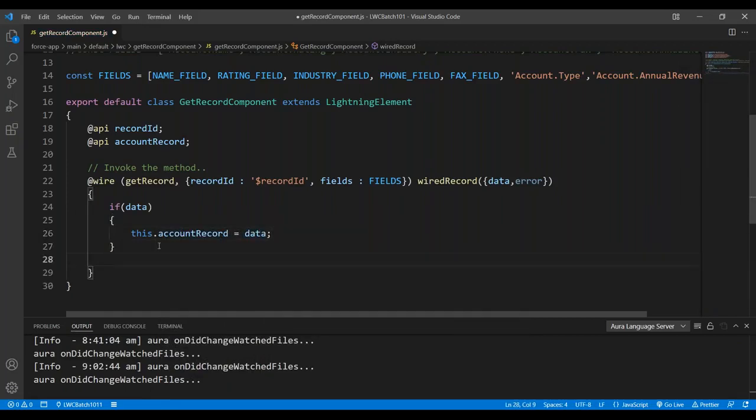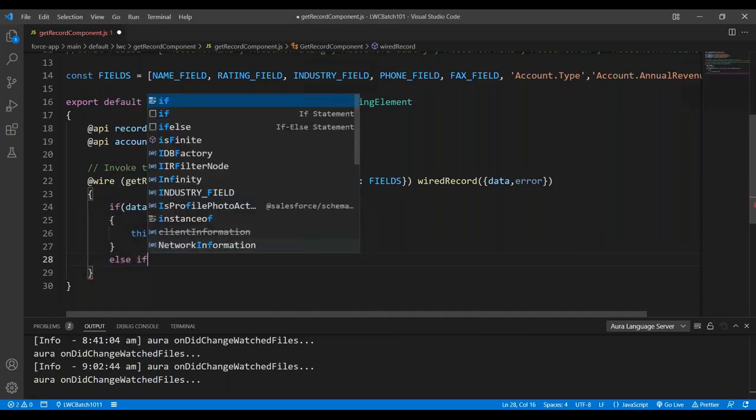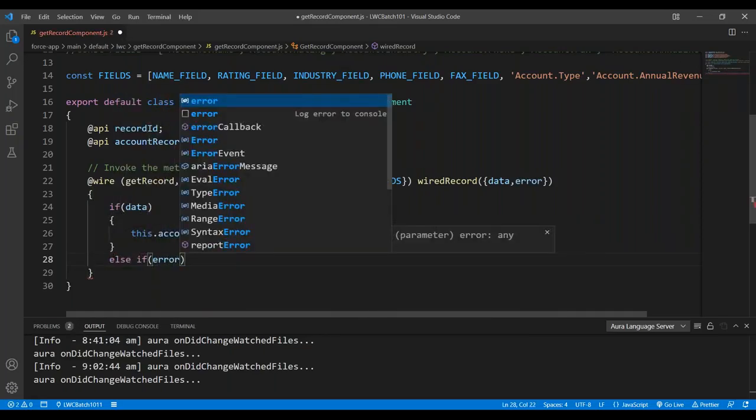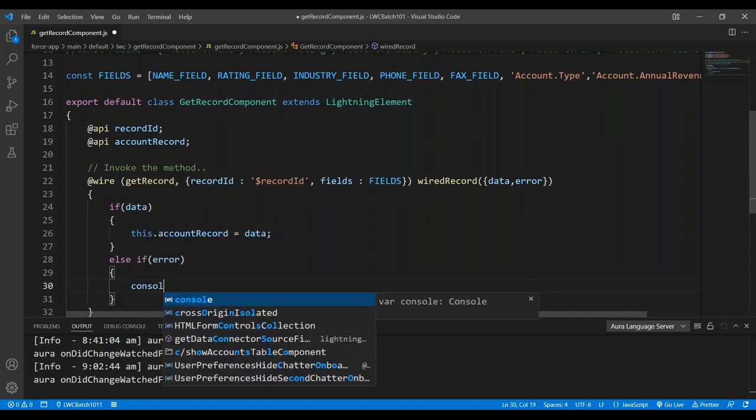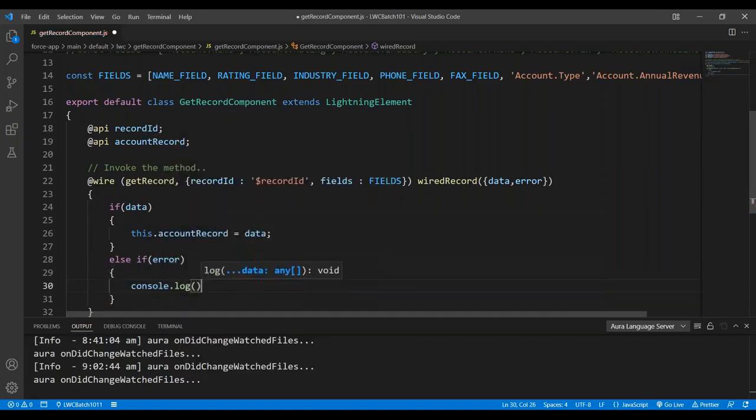And from there, I would like to check else if error. I would like to represent that information by using the log file over here. console.log, error occurred